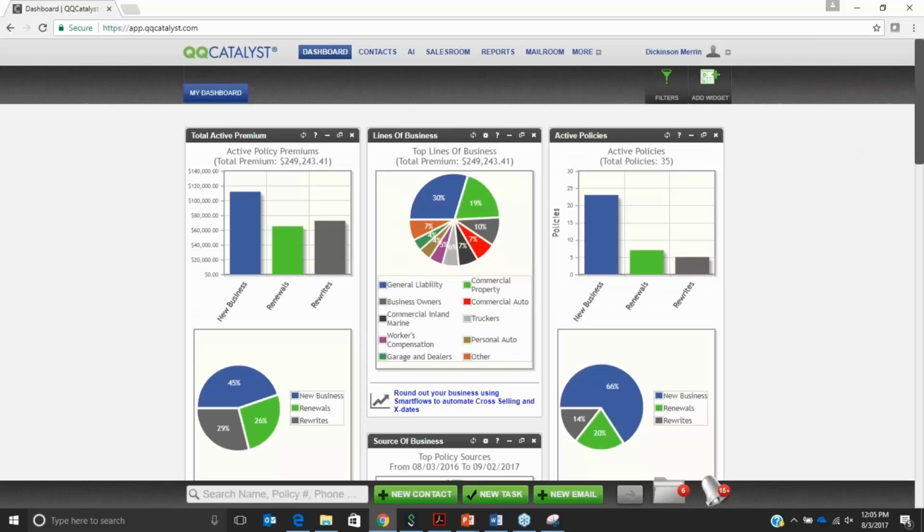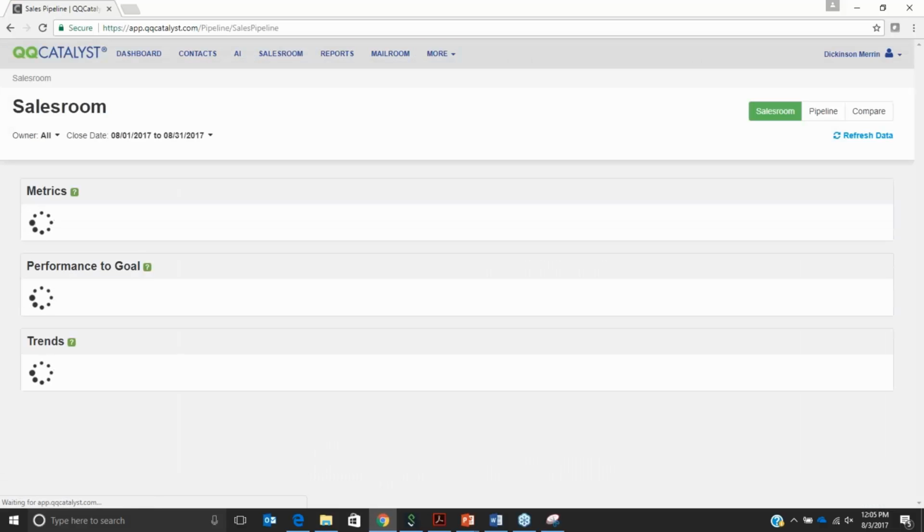Let's go over into QQCatalyst. Now again, for those of you who have the Agency Intelligence module on, you already have that feature subscribed, you're on Plan 4, QMAX, or QQCatalyst Professional Plan, you are automatically enjoying this feature already. It is going to be found right here in the global navigation bar. It is the sales room link. Okay. You're going to click on the sales room,